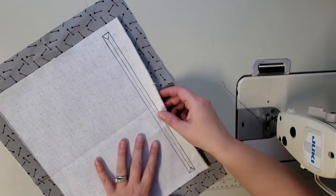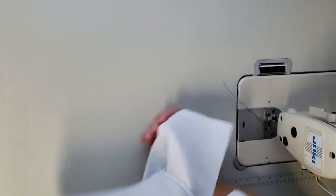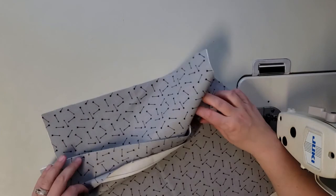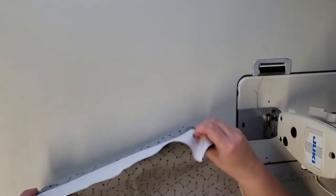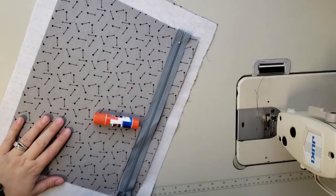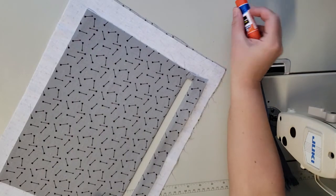I'm going to go over to the ironing board. I'm going to flip this pocket through the hole to the back so the wrong sides are together, and then just leave that rectangle hole open. I'll show you as soon as I get back from ironing it. All right, I'm back. I have this pressed nice and flat,